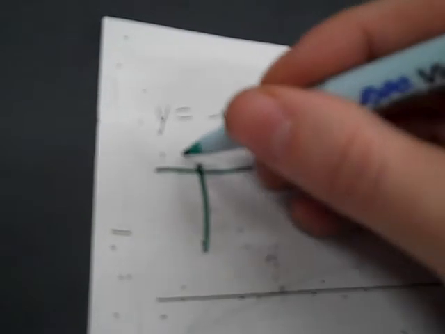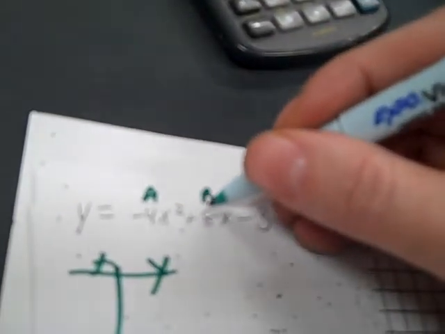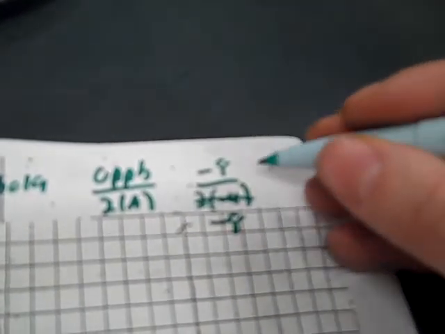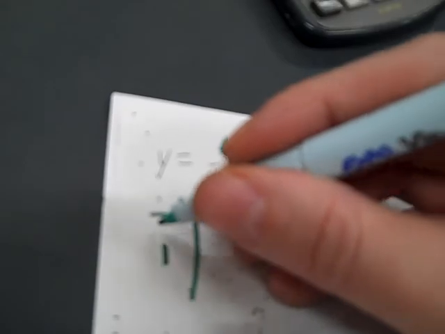All right, next one, parabola. But there's no parentheses, so I want to look here. So the middle x is the opposite of b divided by 2a, from ax squared plus bx. So opposite of b, divided by 2 times a. So this is a, this is b. Opposite of plus 8 is negative 8, and then 2 times negative 4. So I times that, I get negative 8, and then I divide negative 8 by negative 8, and that's 1. And then I add 1 and